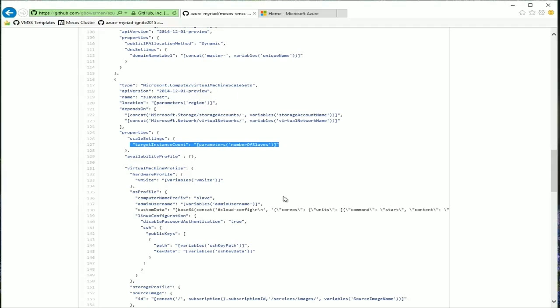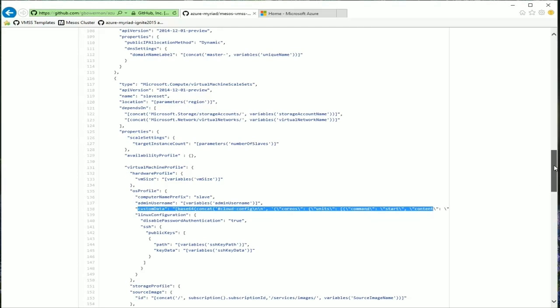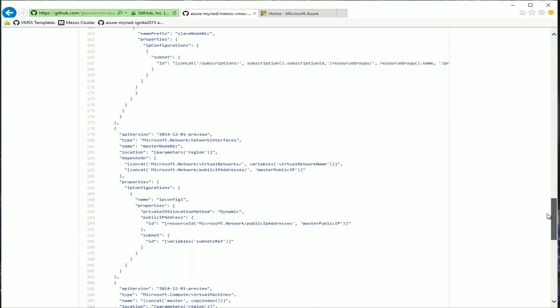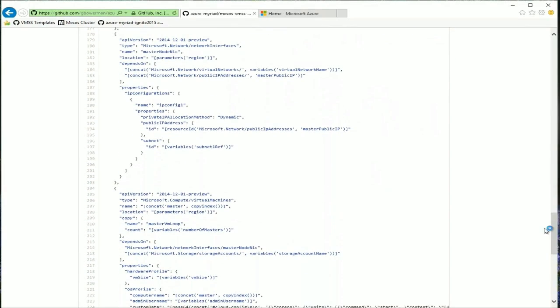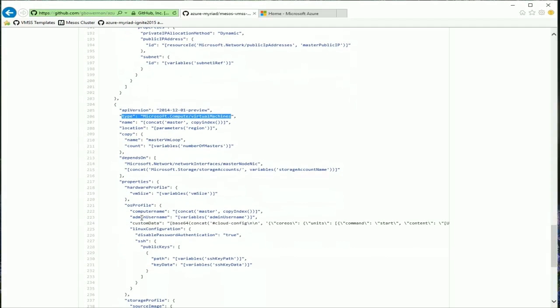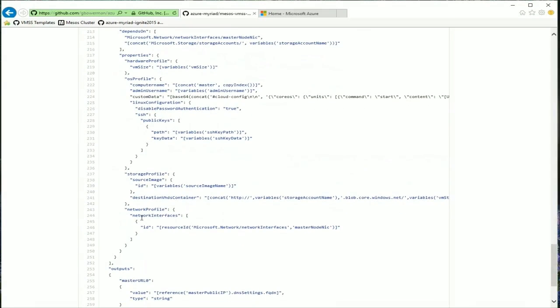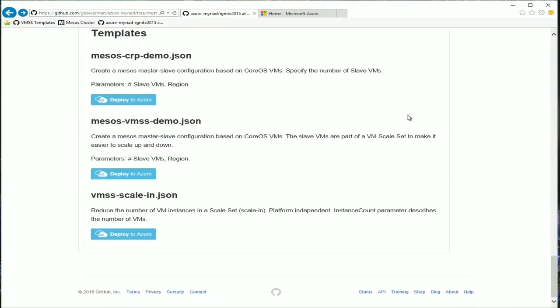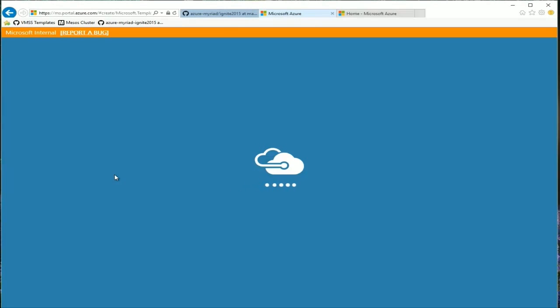And once you define this template, the rest of it is exactly the same as the examples we talked about in the previous modules. In this case, we are passing custom data. It's a Linux virtual machine. You could do that here as well. Literally every single thing that you could do on a virtual machine, you could do on a VM scale set instance. And this is the common configuration that you will have. I'm also creating a master virtual machine. In this case, what I'm really doing is creating a Mesos cluster. It has a single master, which is a virtual machine, and a set of slaves. In this case, I'm going to create 20 slaves, all using the virtual machine scale sets.